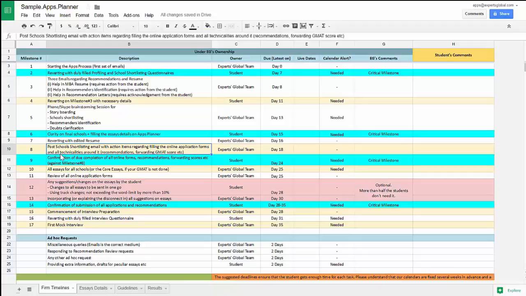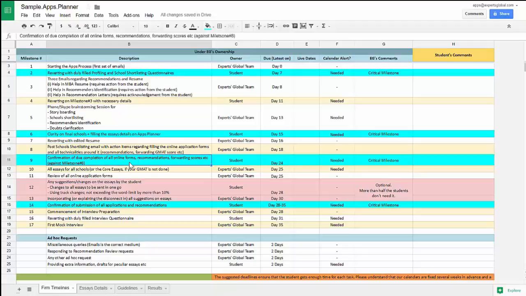These include recommendation letters, forwarding the GMAT score, etc. So the idea is that once we get clarity from you on your schools and the essays that we are writing, we send you the necessary actions to be taken in terms of keeping everything else ready to an extent that once you get your essays, you can upload them and proceed with the submission of your applications. So we send you the email, and therefore the next milestone becomes extremely important for you,